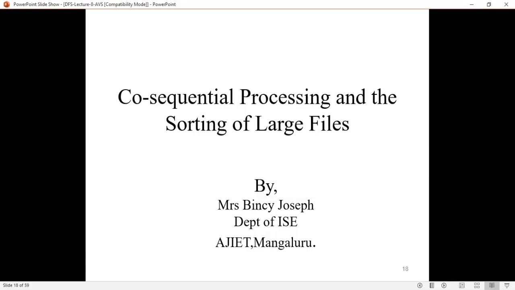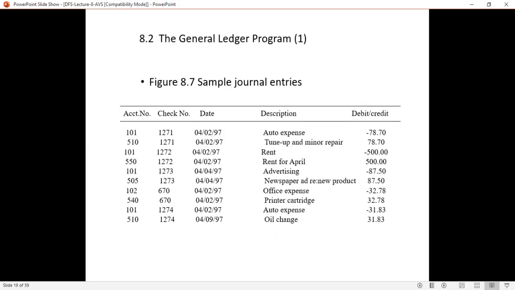Here next we will consider a complex problem. In this video we will discuss a complex problem where you are going to use both matching as well as merging, that is, combining matching and merging in a particular complex problem called the general ledger program.